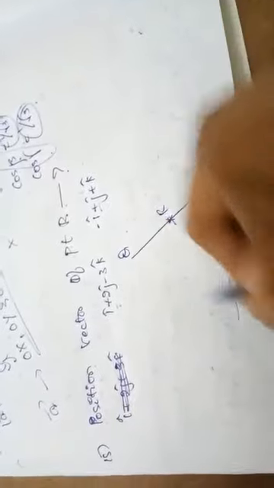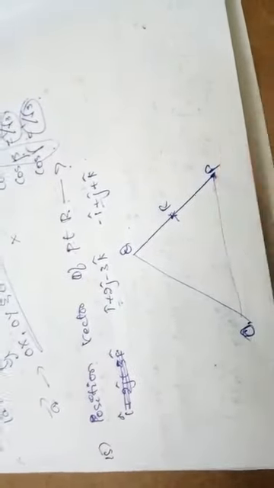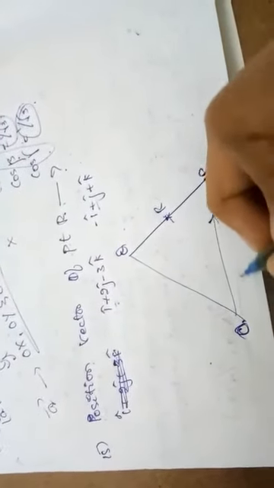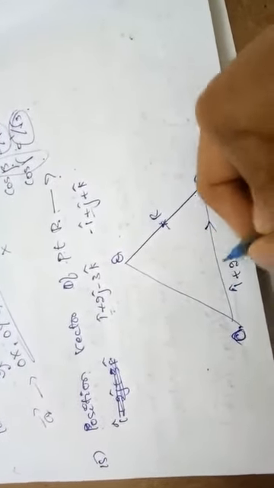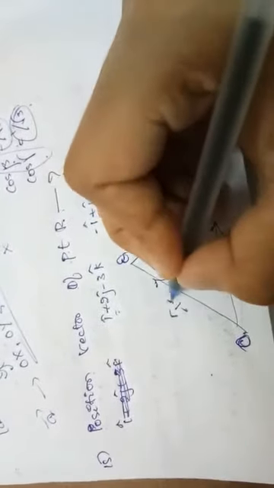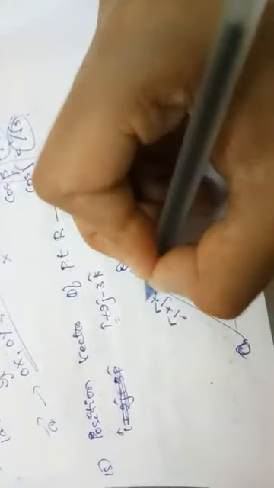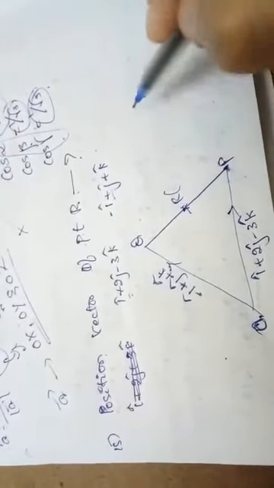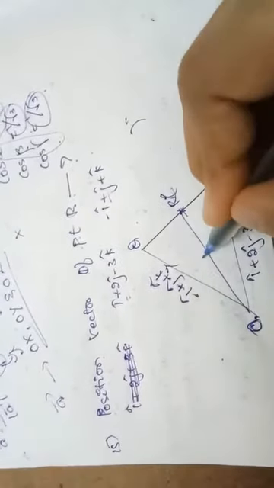So these two vectors, if I call this one our origin, this vector I will call vector OP, that is nothing but i cap plus 2j cap minus 3k cap, and this one is vector i cap plus j cap plus k cap. So this is our vector OQ. We need to find the position vector, that is, we need to find OR. So how are we going to find this OR?